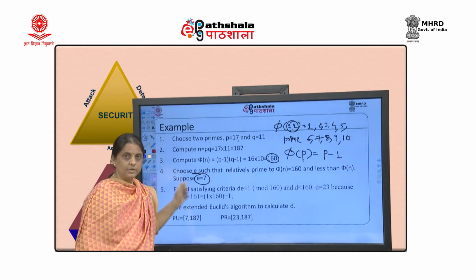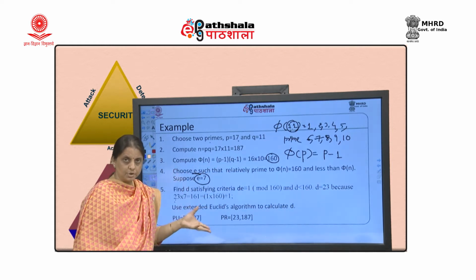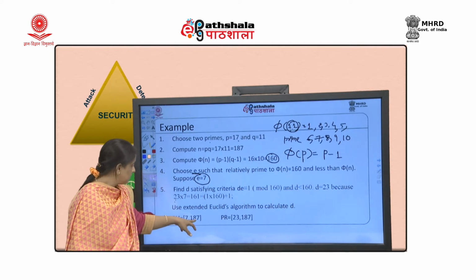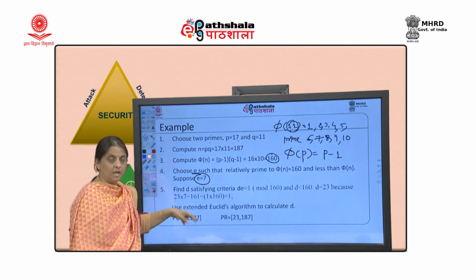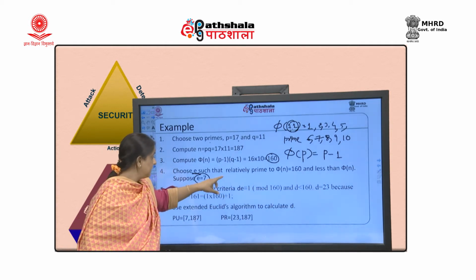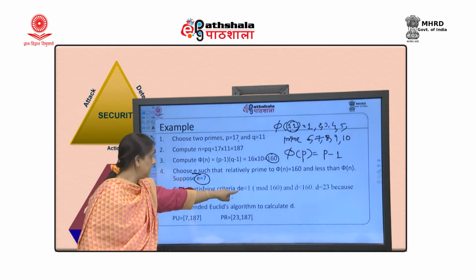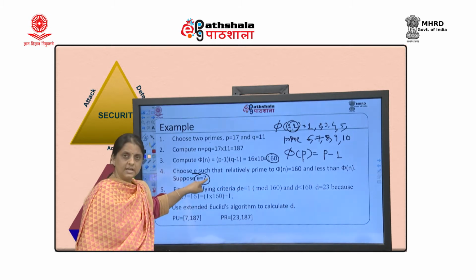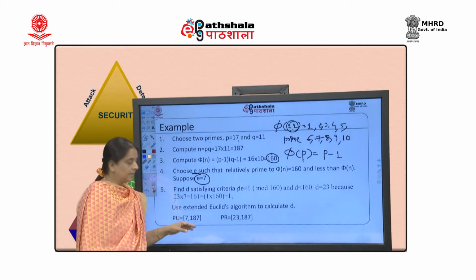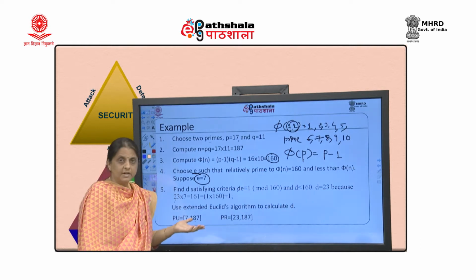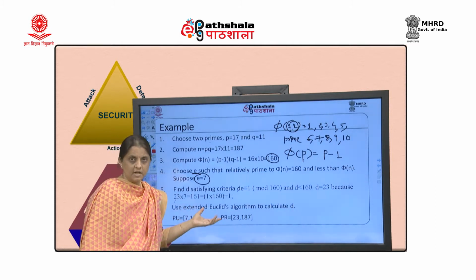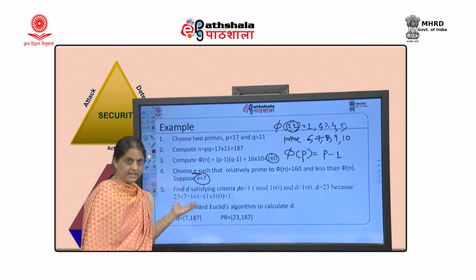Observation is, while computing the encryption key and decryption key, we use the totient function, and when we have to publicly announce our public key, we are showing N. Why so? It must be clear to you. If I publicly announce phi(n), then one can easily compute the decryption key using the announced encryption key and announced phi(n). So, there would be no secret remaining with us. But if we announce n, it is very difficult to find the factors of n and in turn assume the totient function and in turn calculate D.